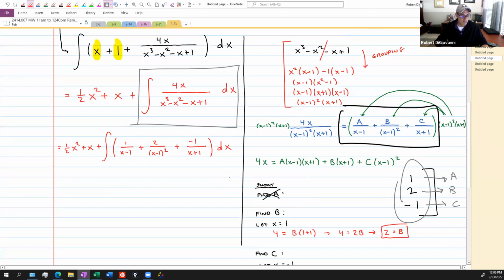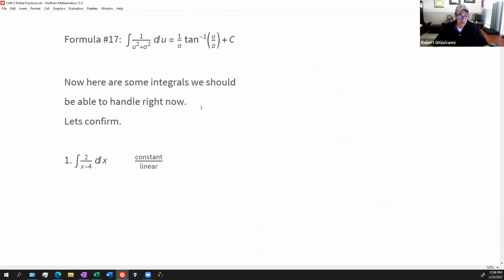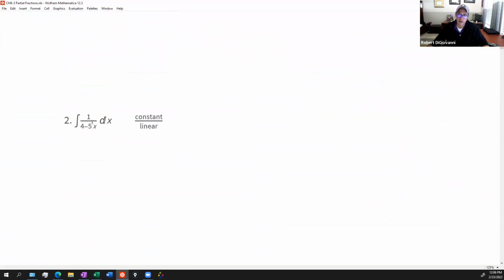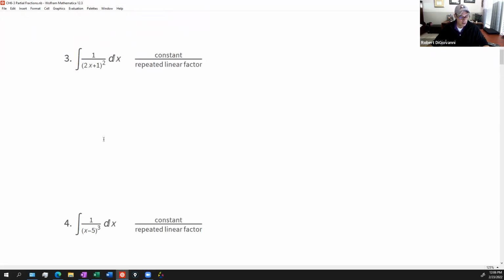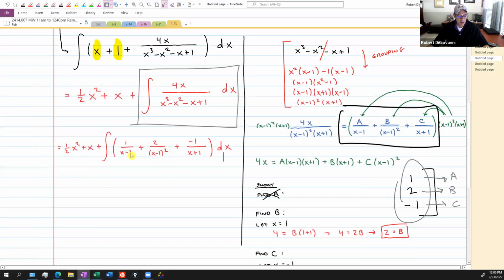And now it's just a matter of, am I comfortable with these as far as antiderivatives? And this goes back to why we spent all this time the other day talking about what we should be able to handle, right? Constant over linear, we should be able to handle that. Constant over linear repeated. We were trying to make sure we were comfortable with this because now that's exactly what we have here, right? This is going to be 1/2 x squared plus x plus, okay, the antiderivative of this one is